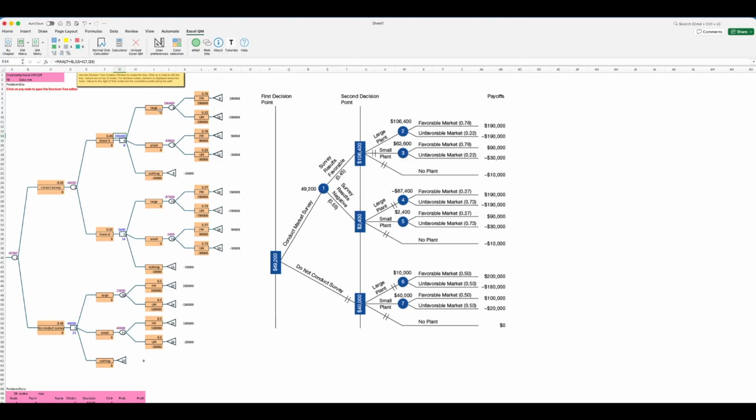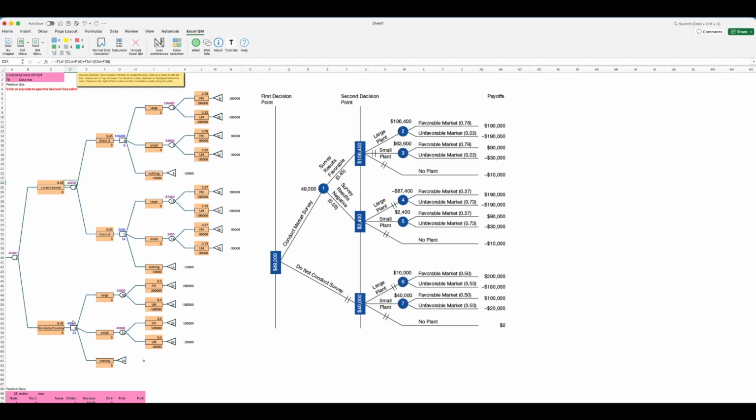This payoff is the maximum of the payoffs that we have here. So the maximum of these 3 numbers, and that's the 106,400. This payoff is the maximum of these payoffs. We have it 2,400, we had it here too, and the ultimate payoff is the weighted average of these payoffs. So 40% of this payoff and 55% of the time this payoff. That gives us